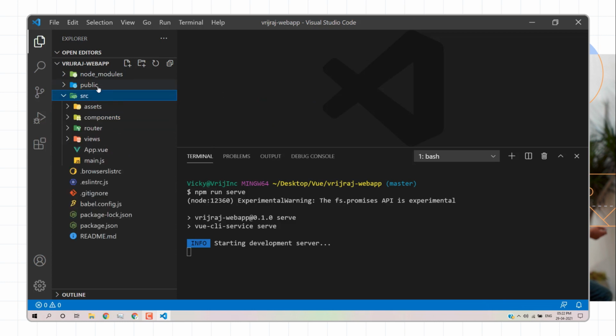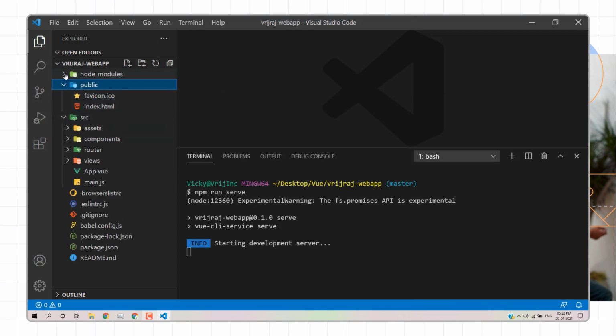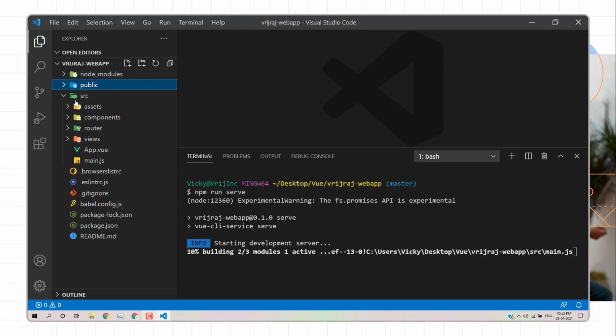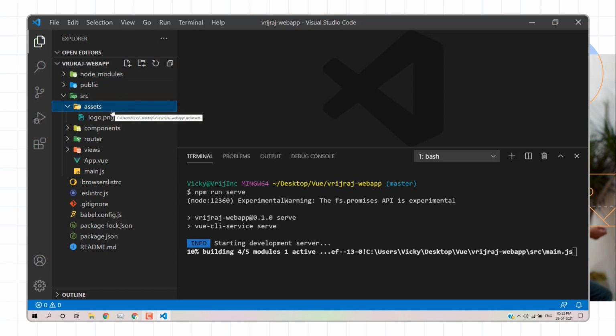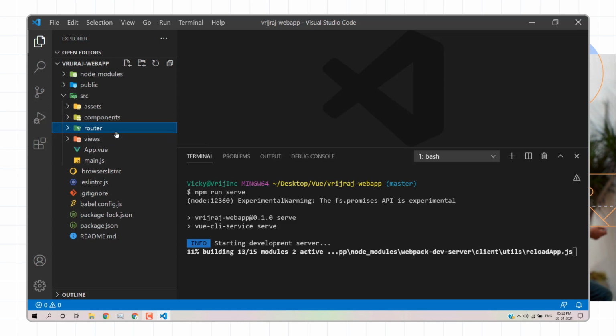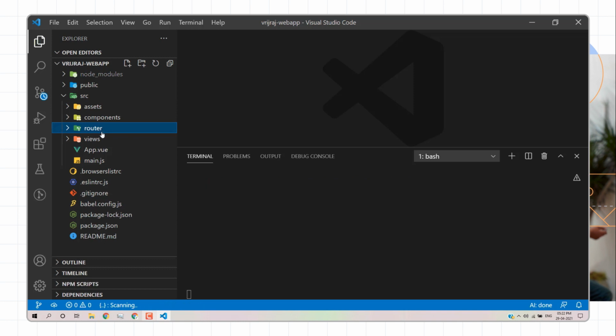And then we have a src directory, and a public directory, and inside we have the dependencies in node_modules. So we have a public directory and then we have a src. Here we can keep our assets in terms of fonts, images, audio, video, whatever assets you have. Then here you can define components, and then we have a router. This one is a new file because we have selected the router module. With the help of this module you can create multi-page, multi-view applications like slash contact, slash about. This type of application you can do.